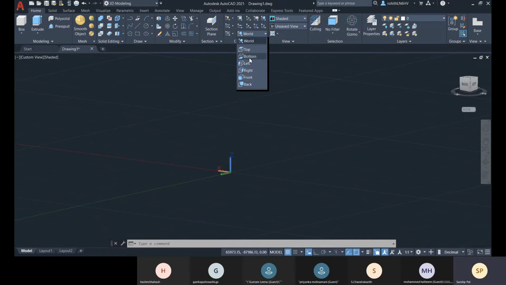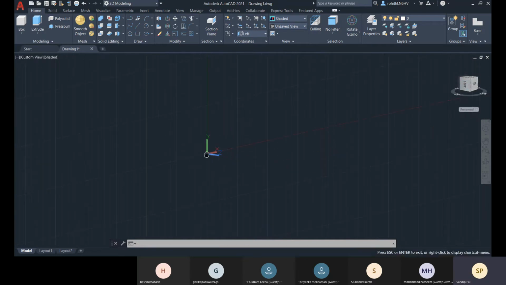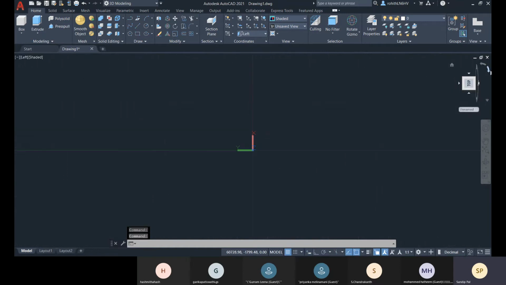Okay, so if you go for this left, you see this left view is right now set. Which one is the left view right now? It is the top view right now. You can see here this is set as left, but here we can see top, because we always see the XY from the top.